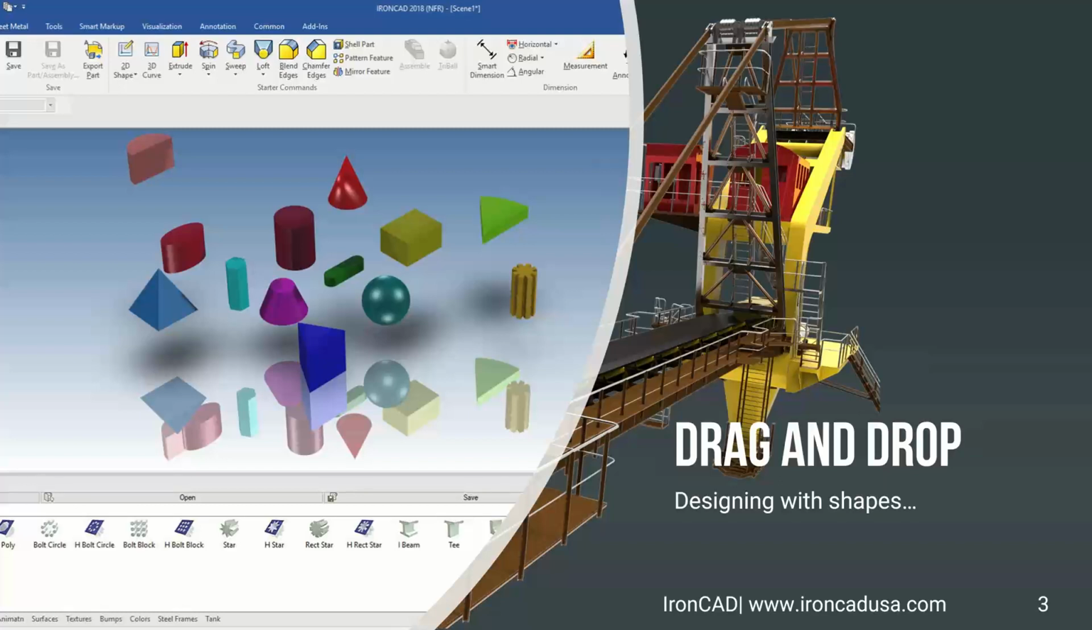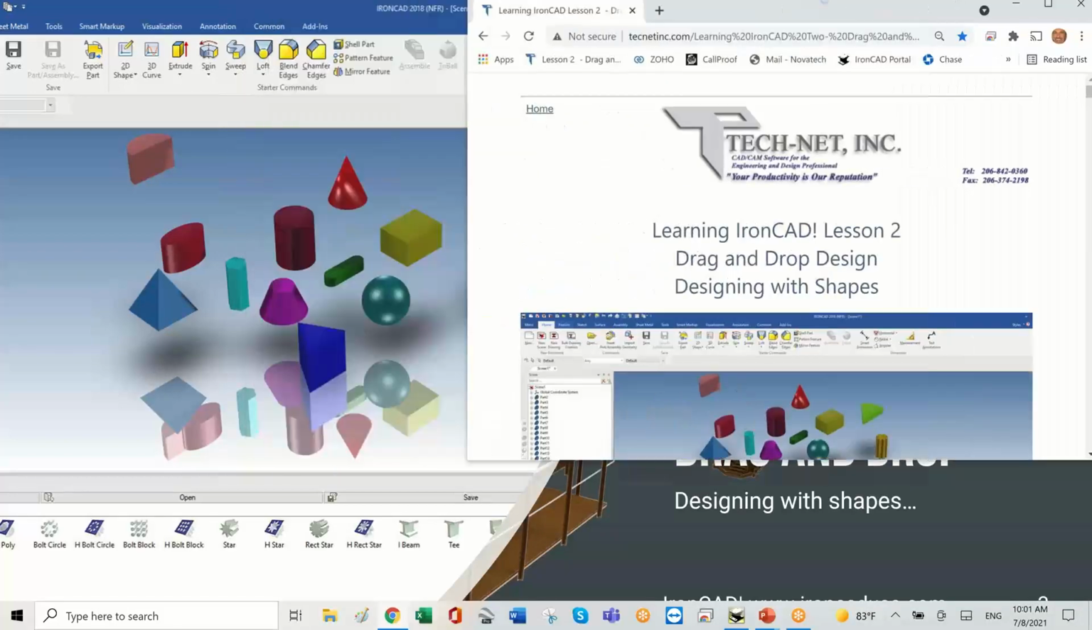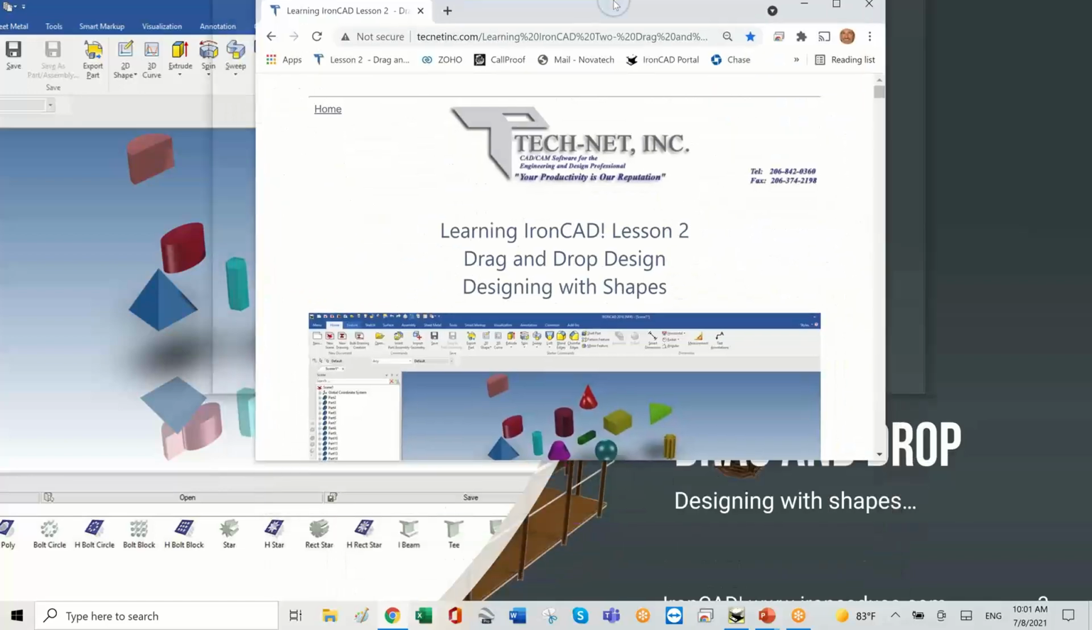As you can see on the screen, on the left-hand side we have the IronCAD drag and drop shapes, and on the right-hand side you can see some of the things that we can actually make with those shapes. Before I get completely into this, I want to show folks that this lesson is